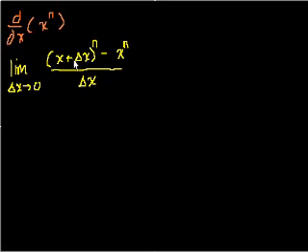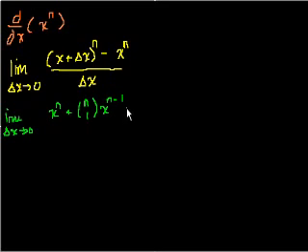And if you don't know the binomial theorem, go to my pre-calculus playlist and watch the videos on the binomial theorem. So the binomial theorem tells us that this is equal to, and I'm going to need some space for this one, the limit as delta x approaches 0. And what's the binomial theorem tell us? This is going to be equal to, I'm just going to do the numerator, x to the n plus n choose 1. And once again, review the binomial theorem if this looks like Latin to you and you don't know Latin. N choose 1 of x to the n minus 1 delta x